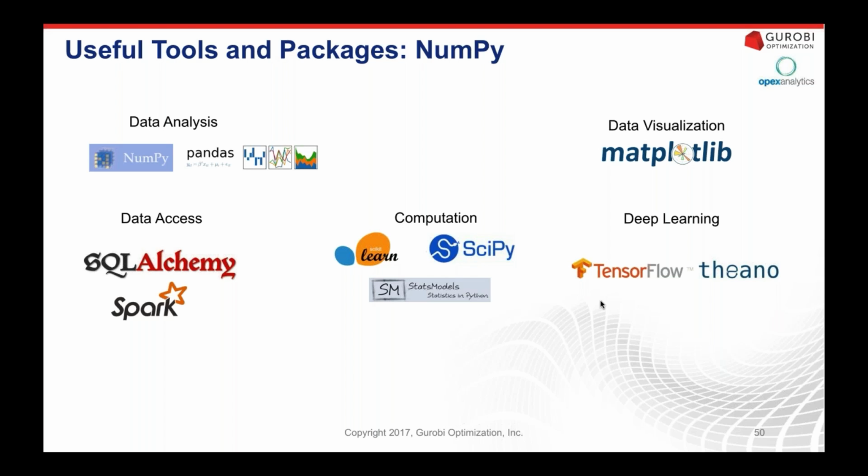It's very intuitive. SQLAlchemy is a library you'll be using if you're going to be reading and writing from relational database management systems. There's also, for other kinds of data stores, if you have data in HDFS and Hadoop, you may want to be using something like Spark. There's a PySpark API that's available in Python. We were looking at scikit-learn, which has a lot of the top of the line machine learning algorithms in Python. There's also SciPy and statsmodels, which provide a lot of other classic scientific and engineering computing, as well as statistical tools and linear algebra tools that you may want to use while preparing your modeling or doing some analysis.